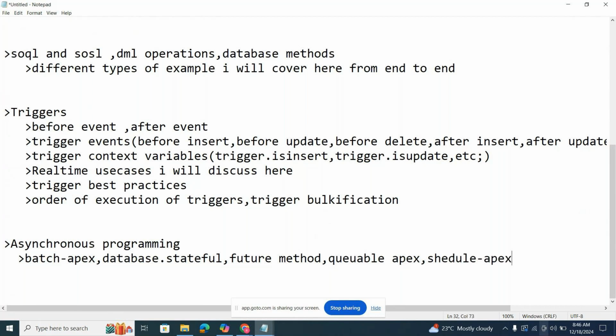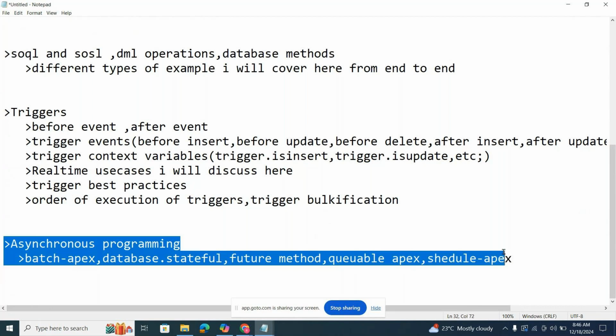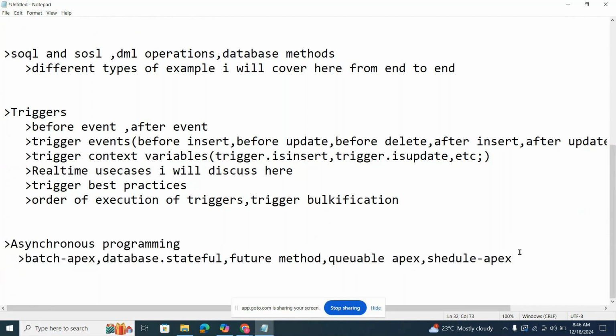These are all different things. Executing each and every time is a very difficult task for the developer, so by using schedule Apex, the process will be automated. I'll discuss the real-time use cases and interview questions.